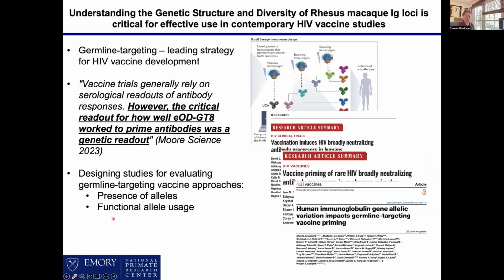So where does that leave us for genetics in the monkeys? Well, first of all, some of the other things that come out of these studies were that which allele you had would really depend on whether or not, in the humans, you could make a neutralizing response. And this is for the VRC01 class antibody. And second, your genetic makeup of that particular allele would determine your functional usage in the naive repertoire.